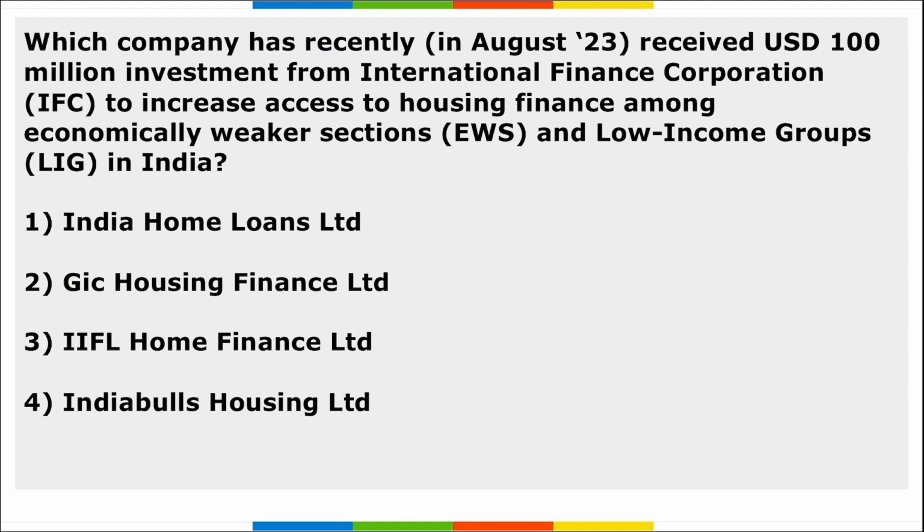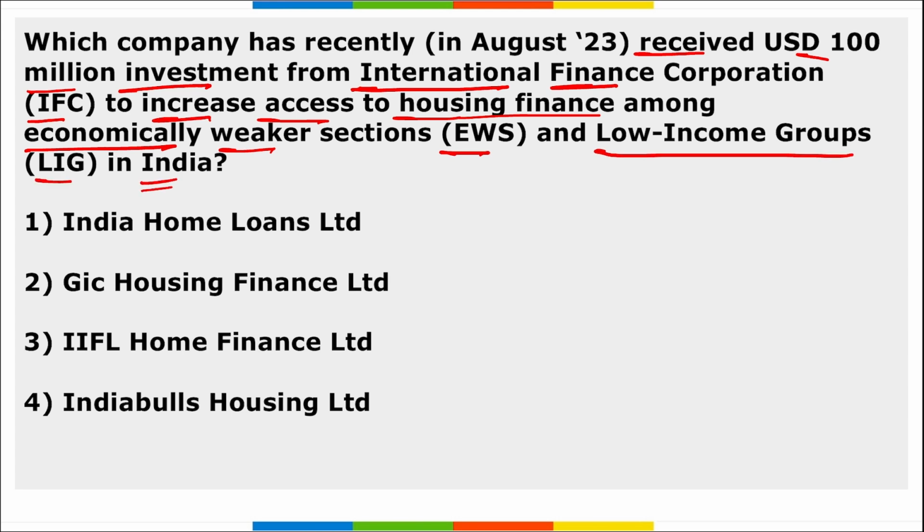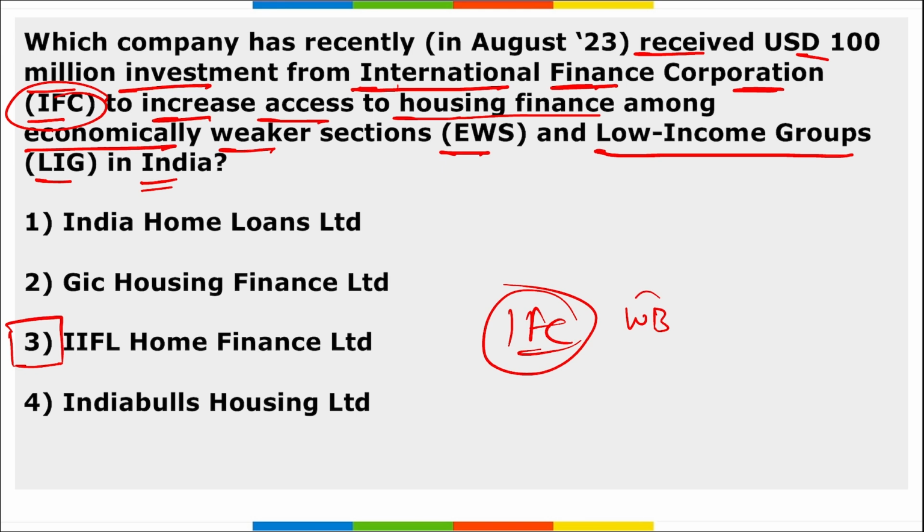Next, which company has recently received $100 million investment from International Finance Corporation to increase the access to housing finance among economically weaker sections and low-income groups in India? Which is it? It is IIFL Home Finance Limited, right? This IFC, remember, IFC, that is International Finance Corporation. IFC is a member of World Bank Group, and they have invested up to $100 million